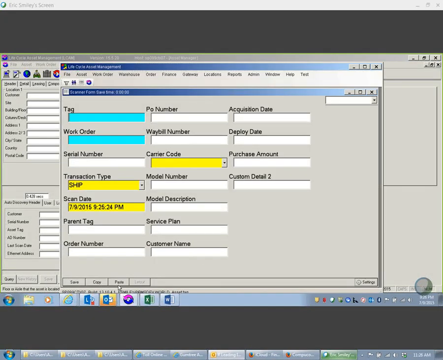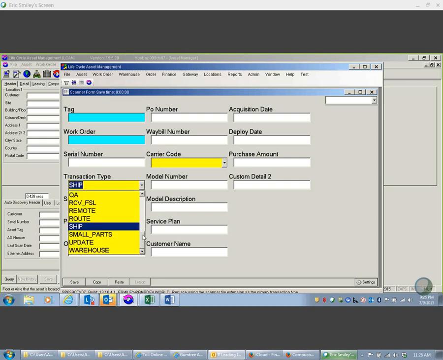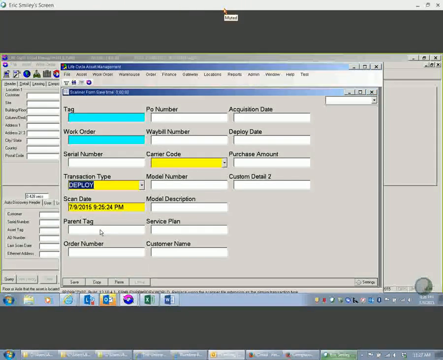So then we go in here, and after we verified that the tracking number shows the package has been delivered, and it's now in the hands of the end user, this is when you would do your deploy scan that you talked about earlier. So deploy scan takes it off the open work order, closes the open work order, and puts it in the possession as actively deployed into the user. So if I choose a transaction type of deploy,